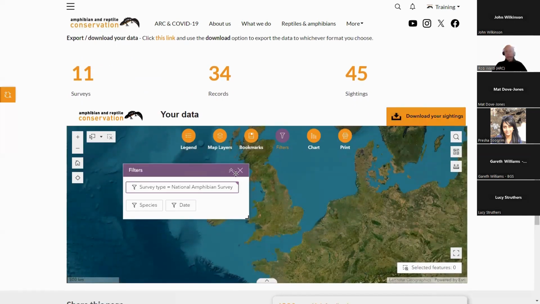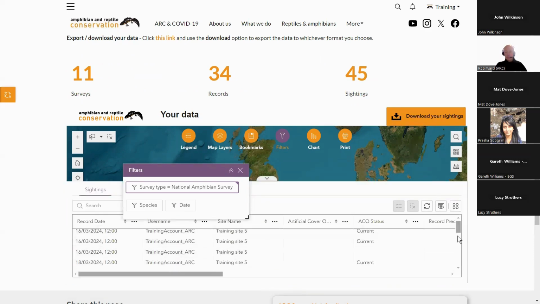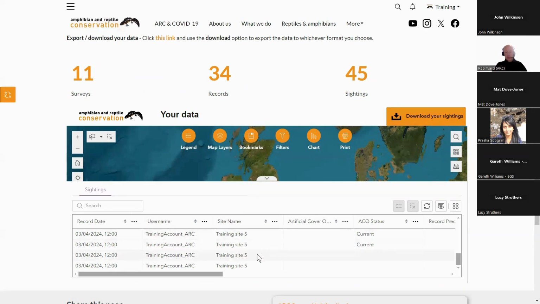And there what we've got is a map. At the top, we've got some statistics of how many records we've submitted. And we can even have a look at the table of those records. So let's see if we've got any that's showing yet from what we submitted today. So there we go. We've got a few from today's date. If we give it a second, it catches up. It might zoom in for us. Maybe being a little bit slow because of the Zoom. No, not playing ball. Okay, but basically all the data is there on your map, and you can filter that